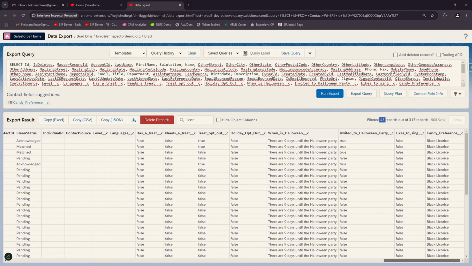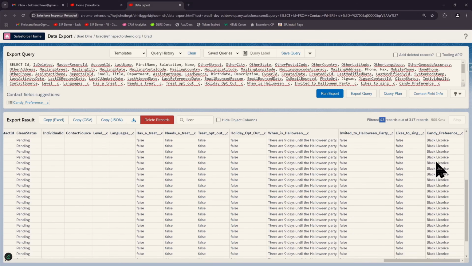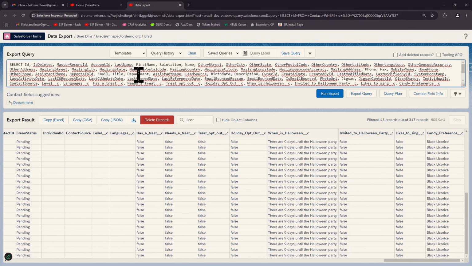I know that it's at the end of it. So here we can see candy preference. All of these are black licorice. So what I want to do from this,